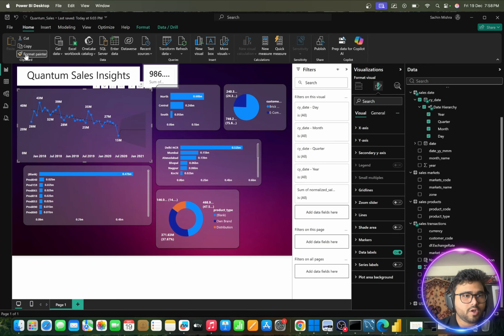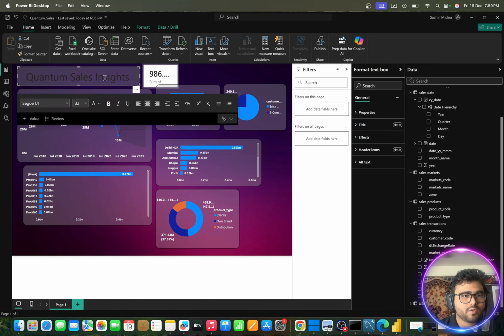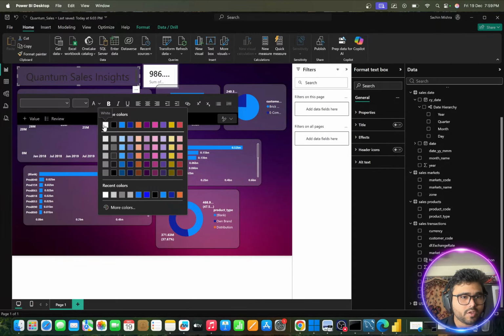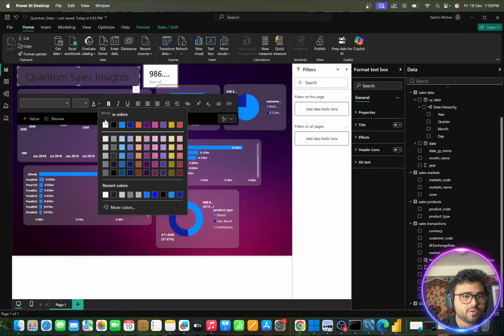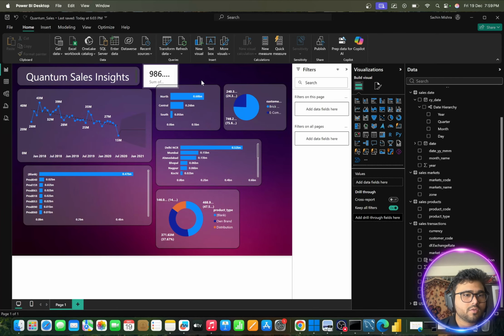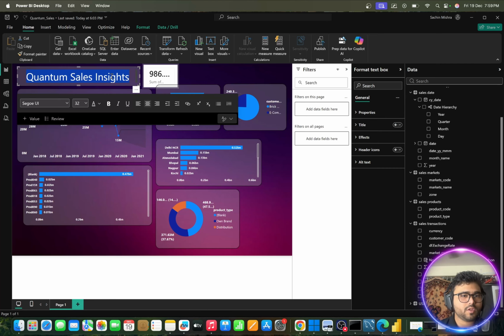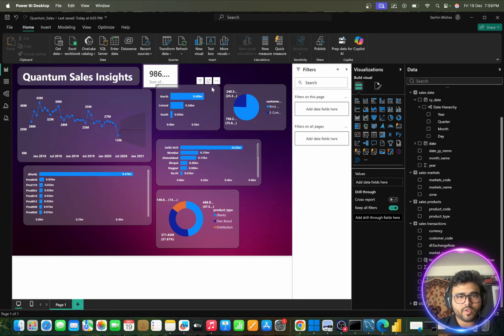Click on this, format painter, apply on this, and let's change the color of the title. So color wise, let's say white color. Okay, you need to select this first, so select it and white color, and there you go. And let's make it bold also, right? So we have this now,